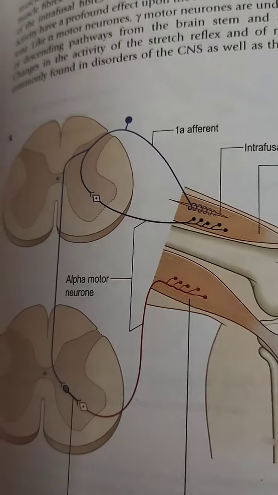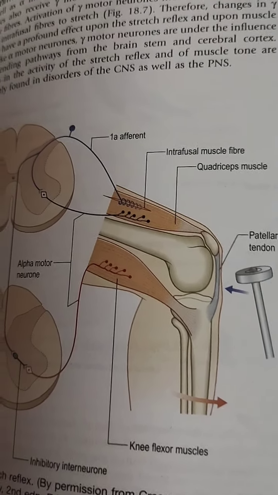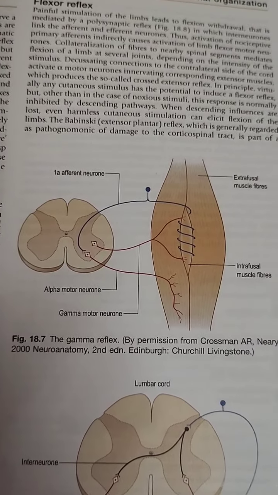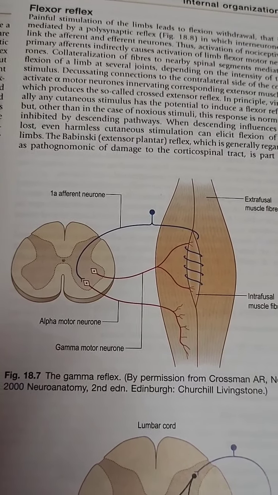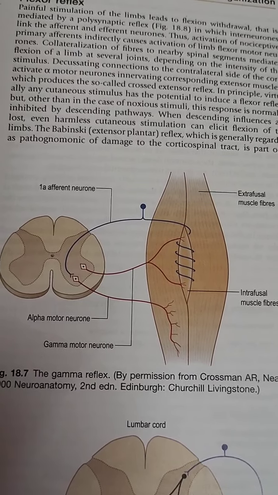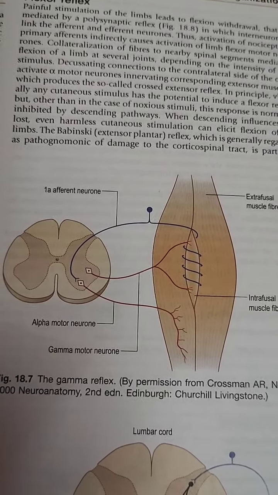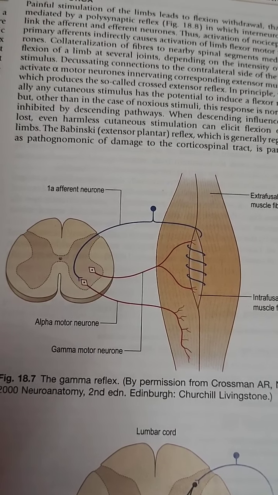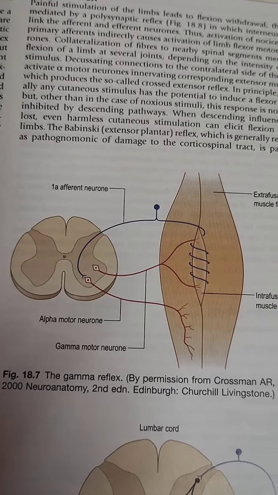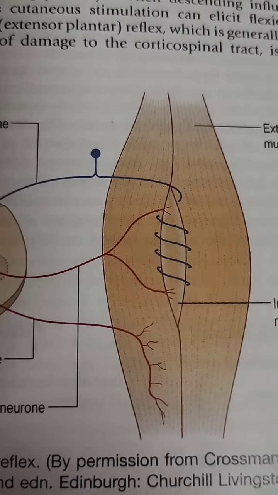So this is the alpha, which gives to the muscle, which helps in making a movement. This is the stretch reflex, a reflex which helps in maintaining the muscle tone. Intrafusal fibers, gamma neurons, and alpha motor neurons are influenced by the external muscle spindles. Muscle spindle, that is what you are seeing, is the muscle spindle.